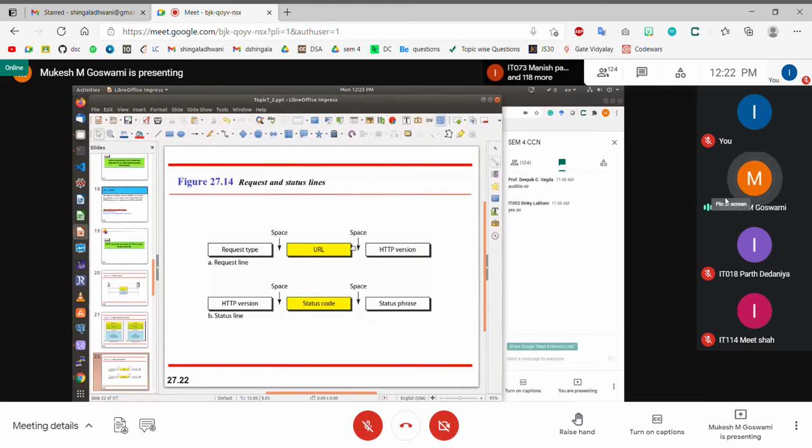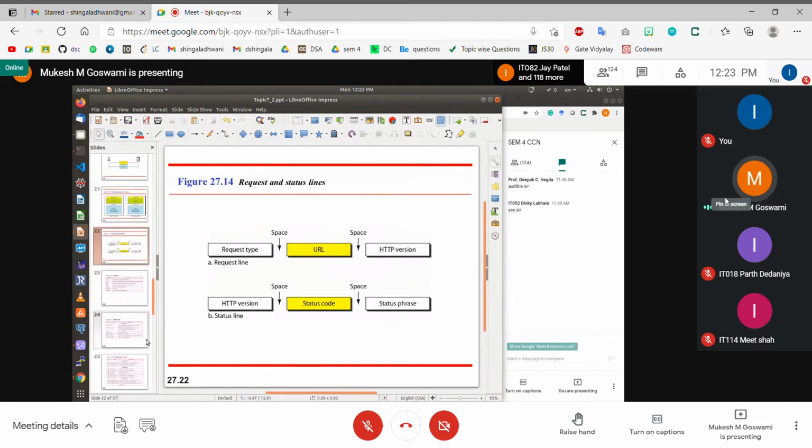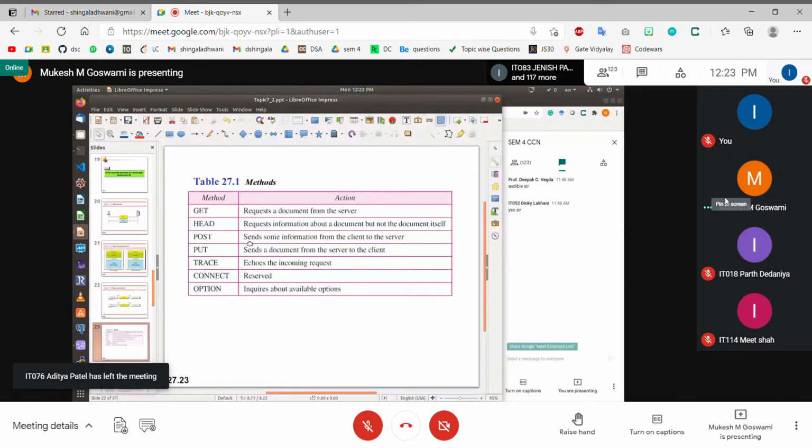So you are trying to access a web page, but the web server is not able to find that page on the web server. The web server is not able to locate that page on the website. So a web server will respond with 404, saying that page not found, or content not found, or document not found. So once the client sees the status code, it immediately understands that the web page it is trying to locate is not available, right? So that is what the status is. So these are some of the methods we have.